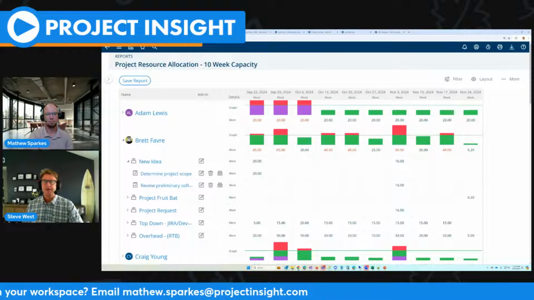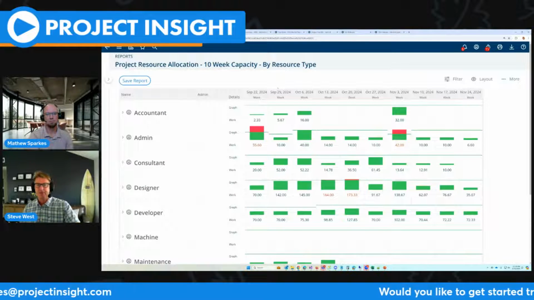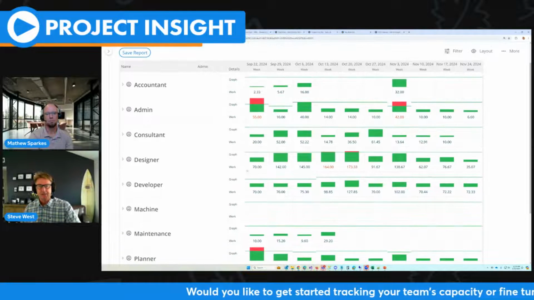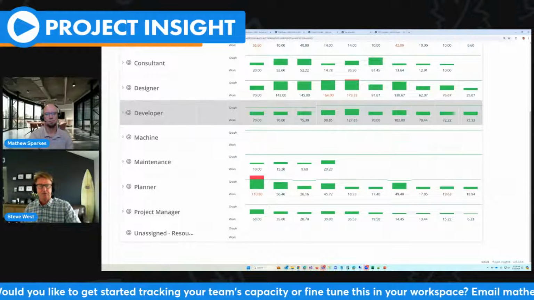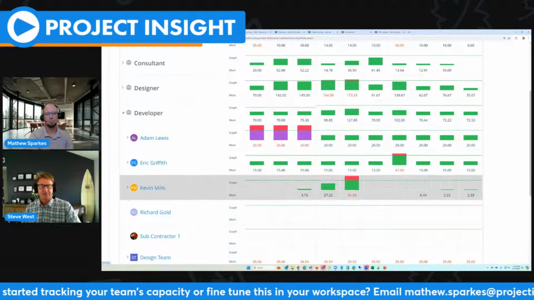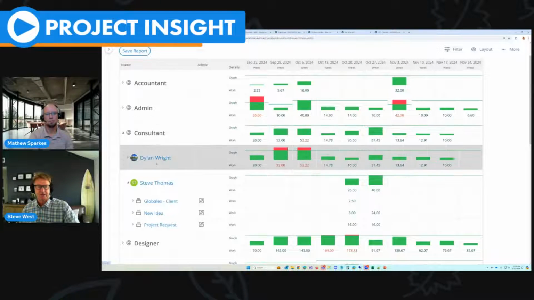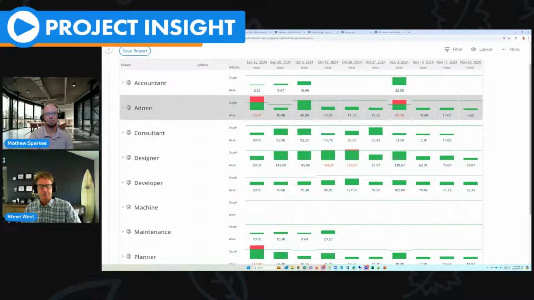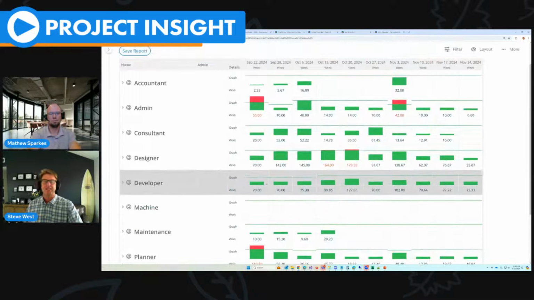Now let me move on to another report. Now I'm actually looking at that same data, but I'm looking at it by resource type, which is really common. It'll roll up to individual types here, so I can drill in now and see, here are my developers and what's going on with them, and my consultants and what's going on with them. So I can get a sense of what discipline are we over most on. In this case, we're over on planners, but we actually have a lot of excess capacity in the rest of these